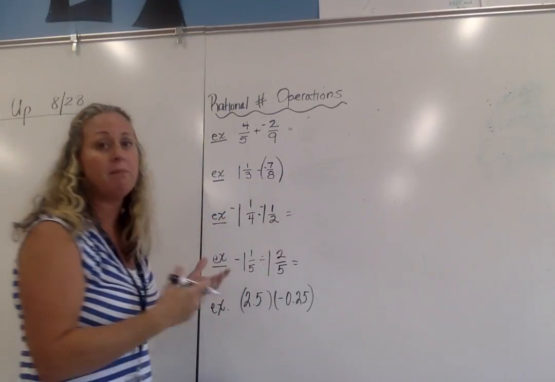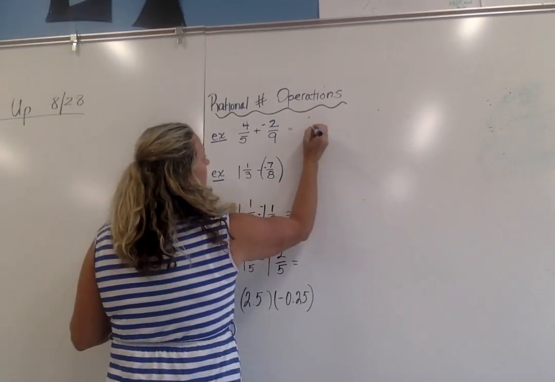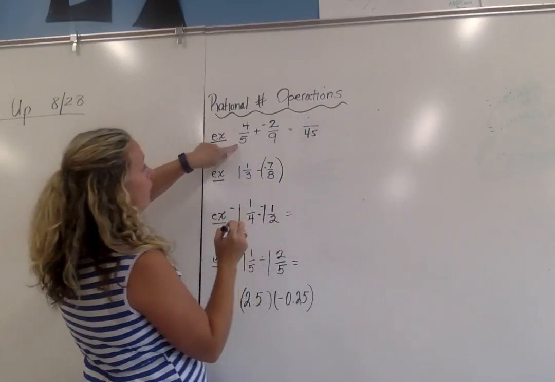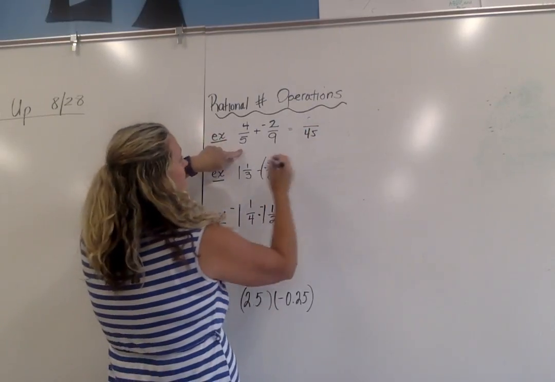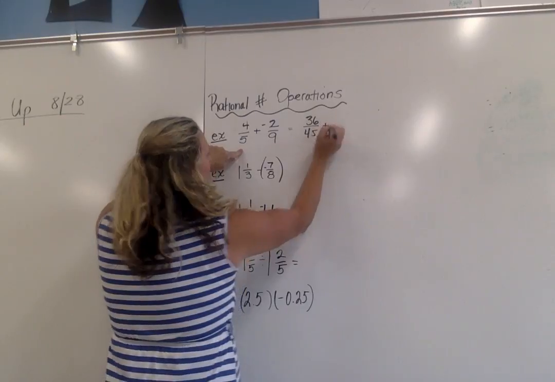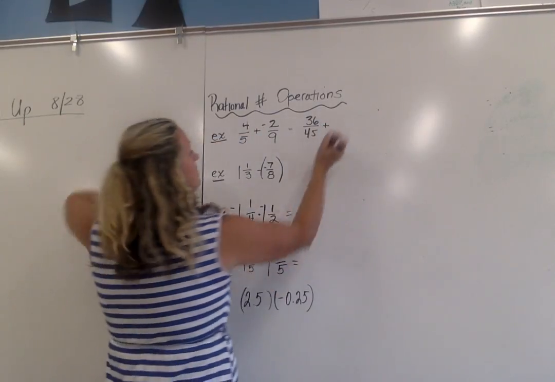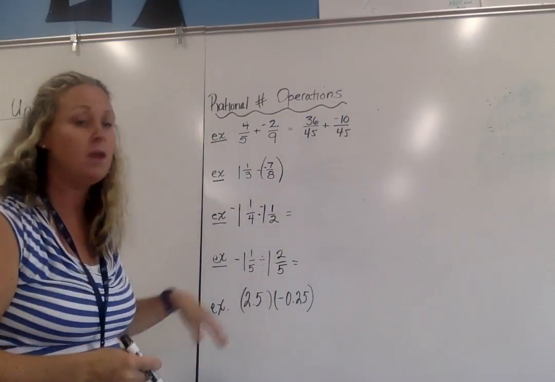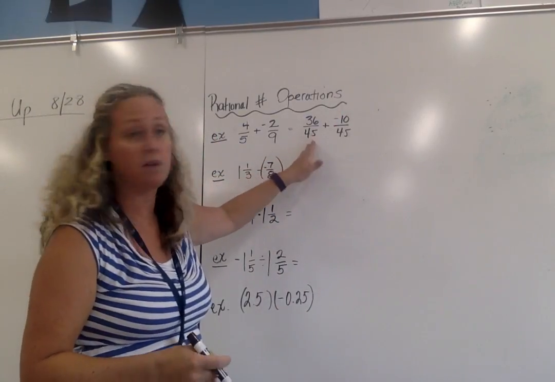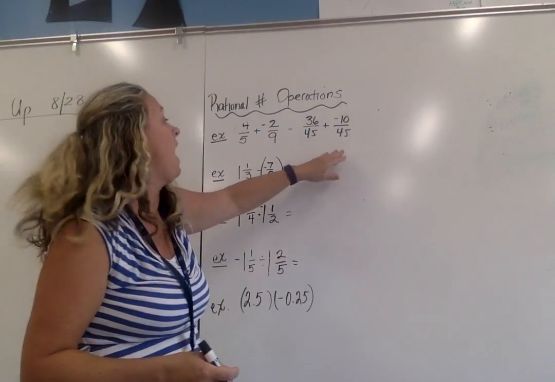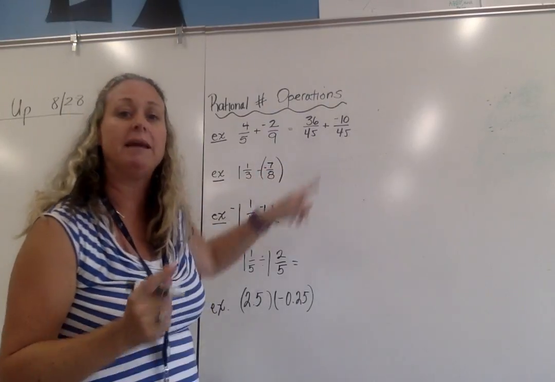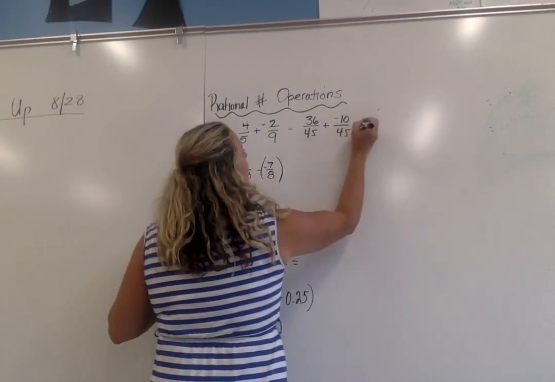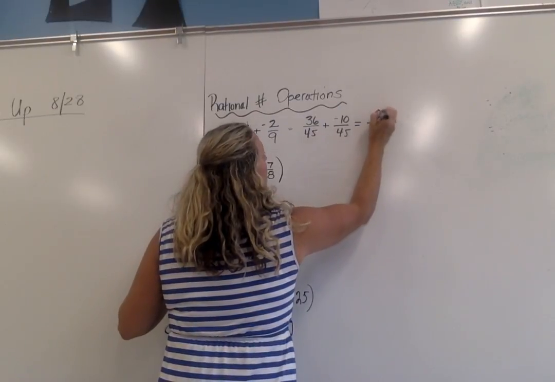So in this first problem, my common denominator is 45. So I'm going to create an equivalent fraction to 4/5, and I'm going to make that 36/45. And my -2/9 is going to end up being -10/45. Now going back to our rules, where I have some positives and some negatives, I'm going to go ahead and subtract, and my answer is going to be positive because I have more positives. So my answer ends up being